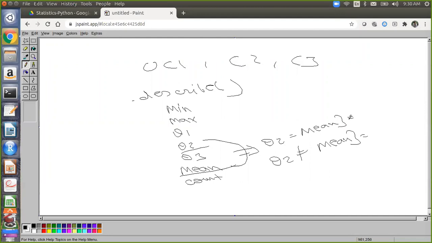If they are equal, what do they represent? In this case, I can say there are no outliers. The data is normally distributed. Correct, though we have not discussed normal distribution yet, but that is the correct answer. And if Q2 is not equal to mean, then what can we say? There are outliers. Correct.